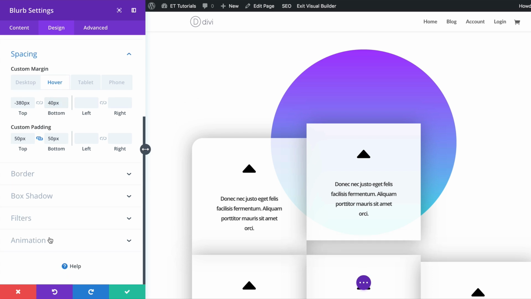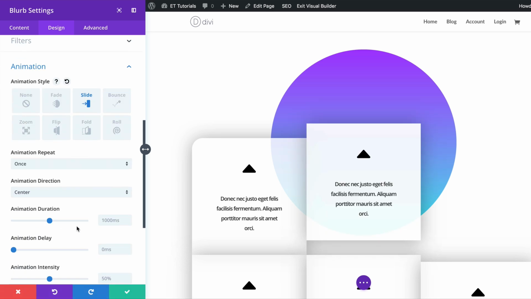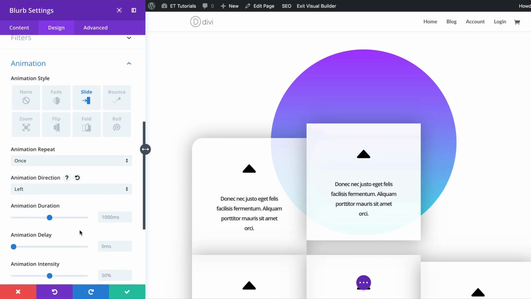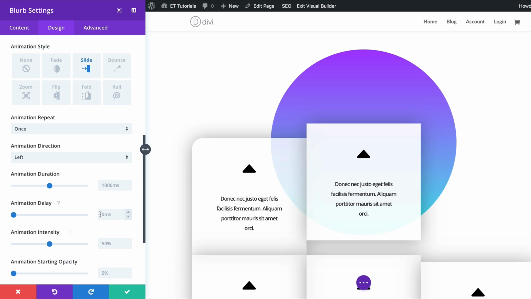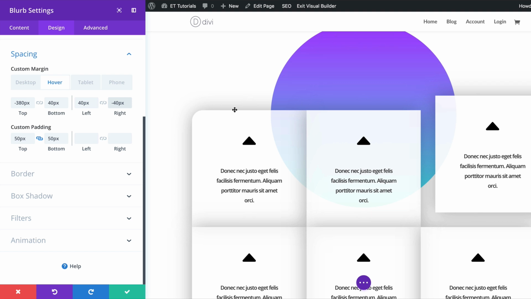And we're going to go to the animation and we're going to set this to slide. But this time it's going to be slide left. And the animation delay is going to be 400. And then save. So for this third one here, what you need to do is to add the rounded corner